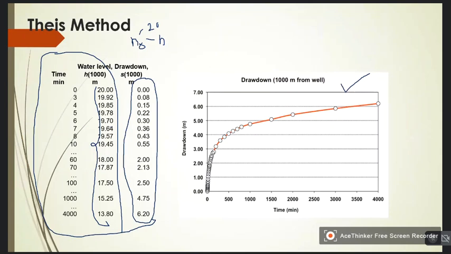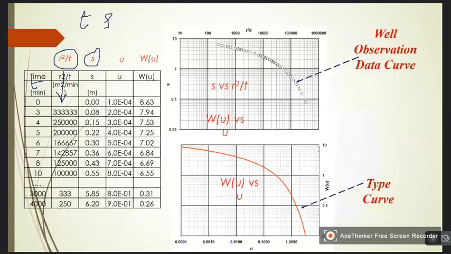Yes, sir. 1000 meter. So 1000 into 1000, that is 10 to the power of 6, divided by T. So the numerator is always 10 to the power of 6. The denominator is 0, 3, 4, 5, like that. For example, if I take this 10,